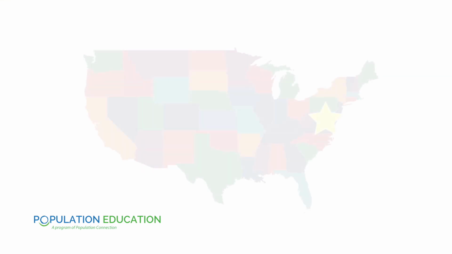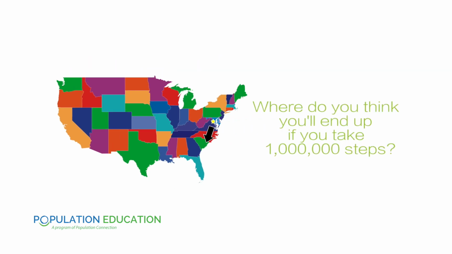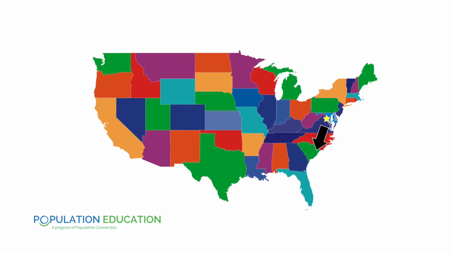So, on the worksheet, the first question that's asked of the students is determine what direction they want to travel in. I'm here in Washington, D.C., so if I was doing this, I might say that I'd like to travel south. Then you ask the students to estimate where do they think they'll wind up if they take 1,000,000 steps. Well, I don't know, maybe Florida?